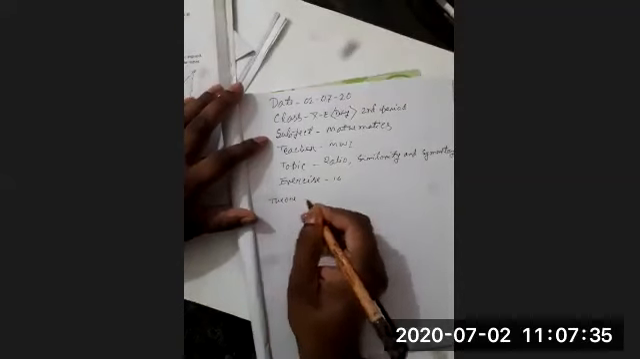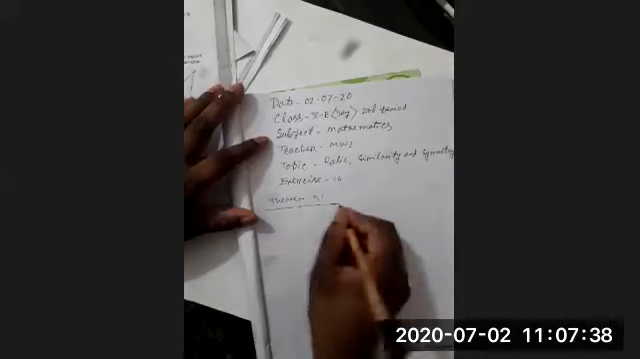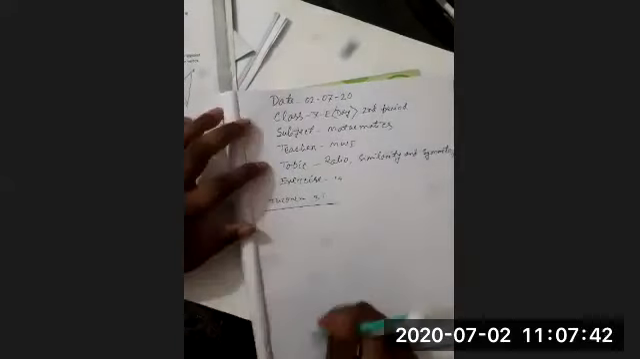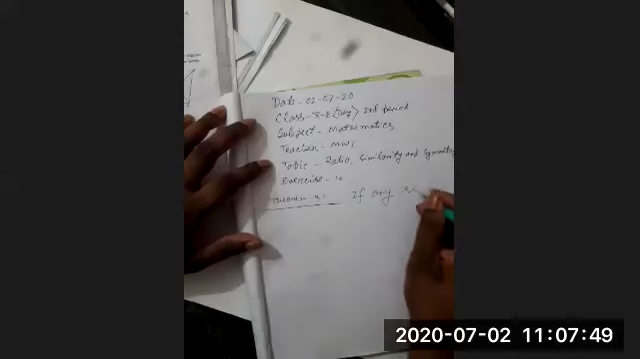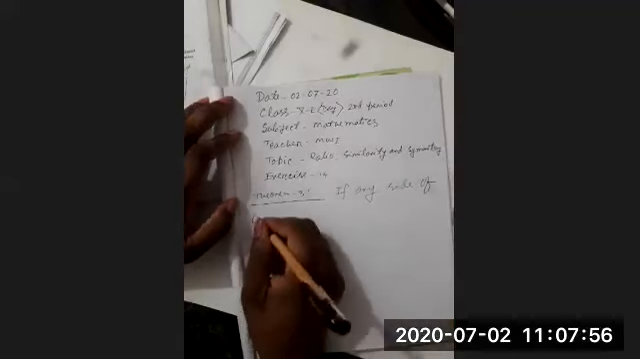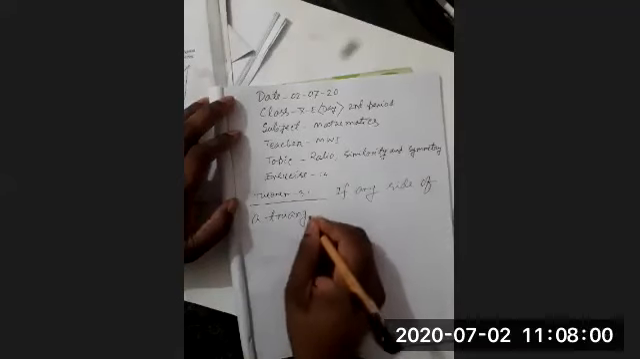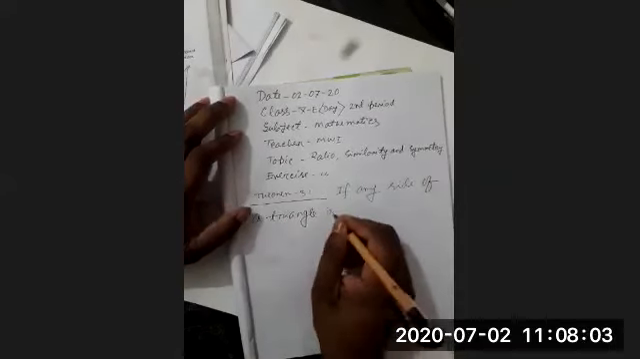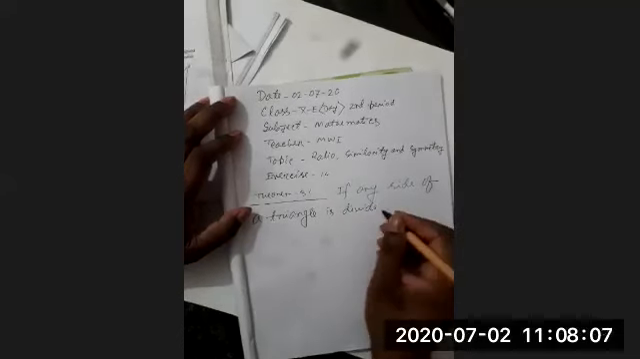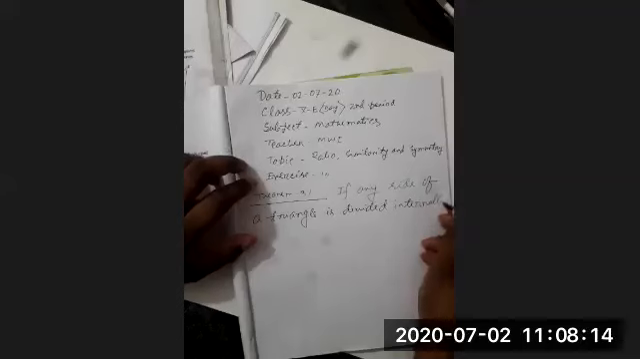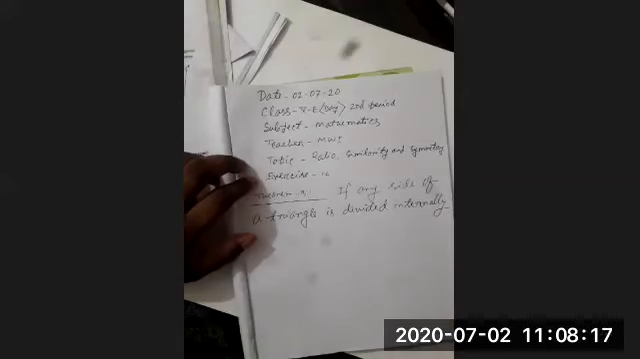Theorem 31. So what is the statement? If any side of a triangle is divided internally, the line segment